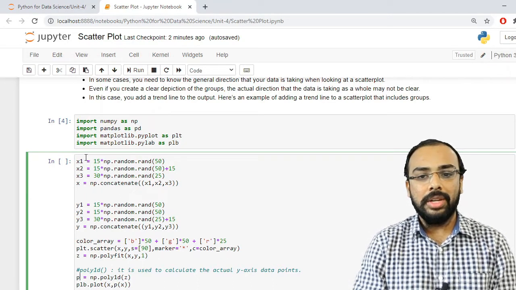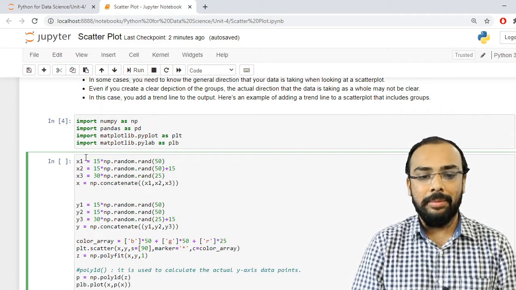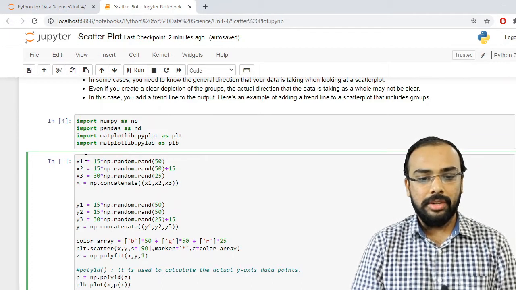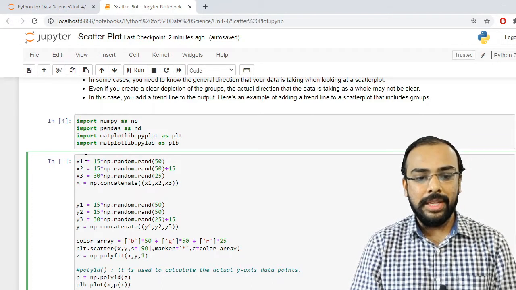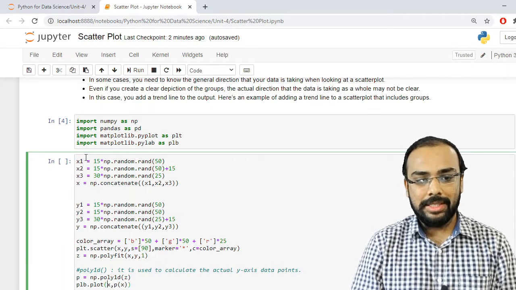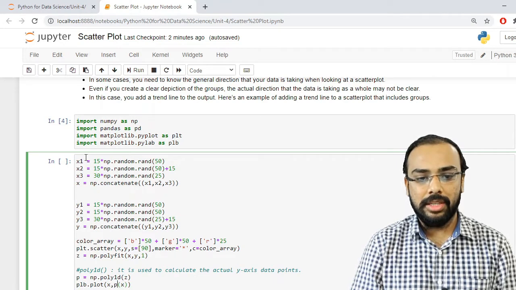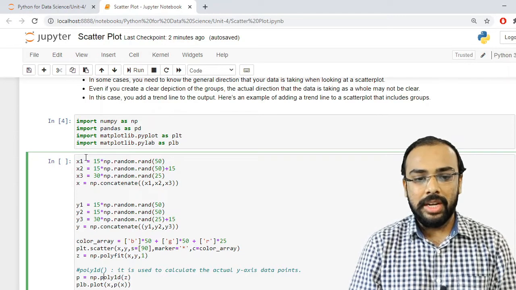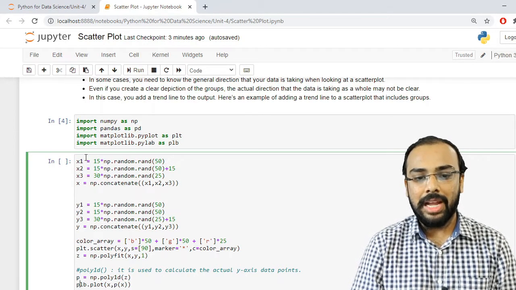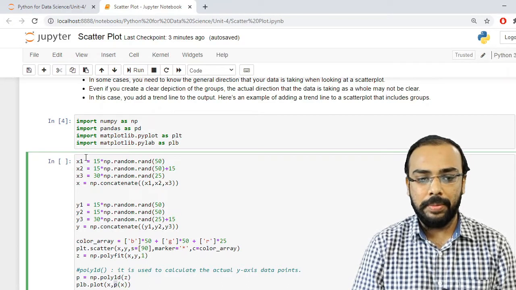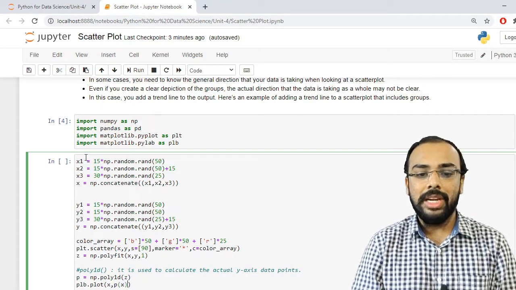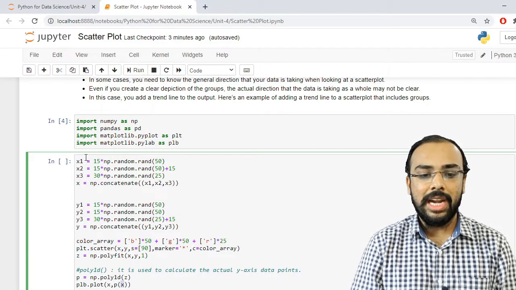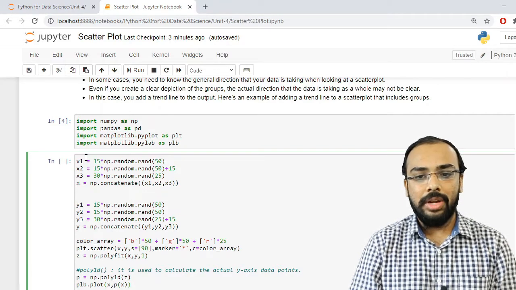Now whenever I want to plot a trend line, I have to make use of PyLab. So I have created its reference variable which is named as PLB. So I want to plot it. How can I plot it? That is PLB.plot. First I have passed x, and the second parameter I have to pass is y. Now instead of y I want to calculate the actual data points. These actual data points are present in P, but I want to take them with respect to x, that is P of x. So it will calculate the actual data points based on your value of x, and it will plot your output trend line. So let us run this.